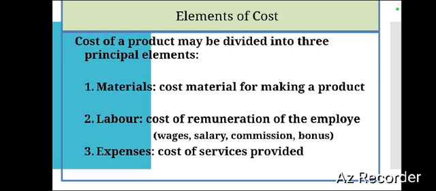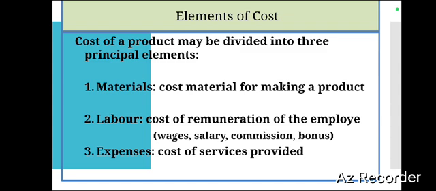The cost of a product may be divided into three principal elements: materials, labor, and expenses. Materials is the cost of material for making a product. Labor means the cost of remuneration of the employees. Expenses means the cost of services provided. So the three major elements are once again split into